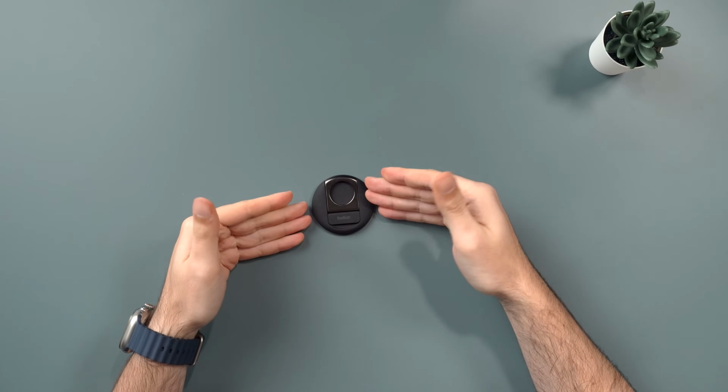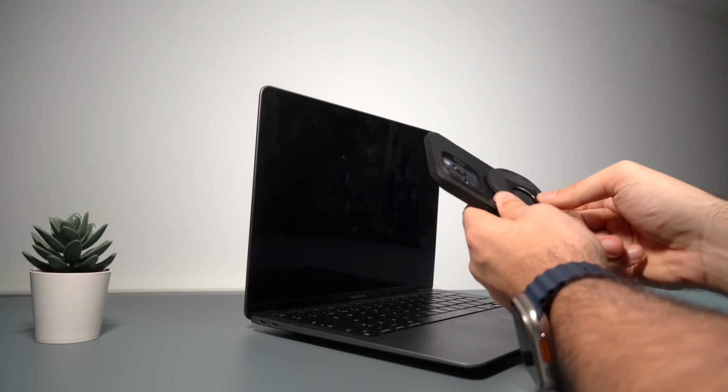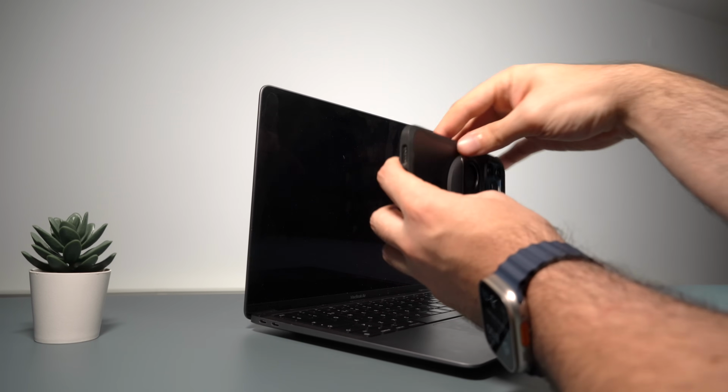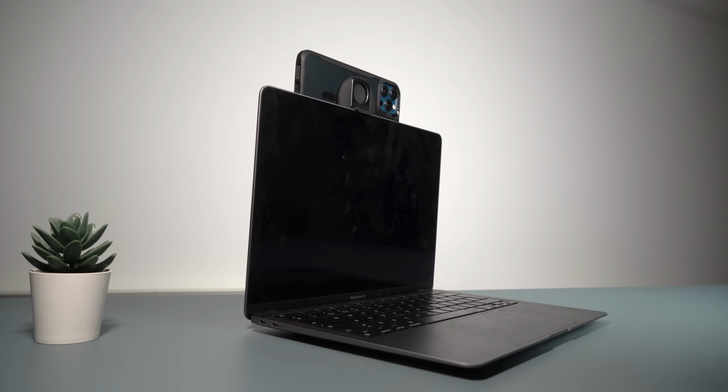Next we have this tiny little accessory from Belkin that lets me use my iPhone as a webcam. It connects via MagSafe and it takes less than 5 seconds to set up. This works with any phone from the past 5 years and it's pretty much the easiest and cheapest way to upgrade your webcam. Even if you have the new MacBook Pros with a 1080p camera, the camera on your phone